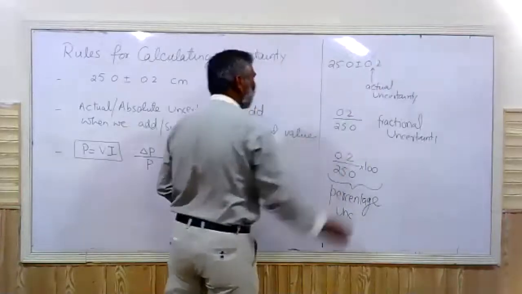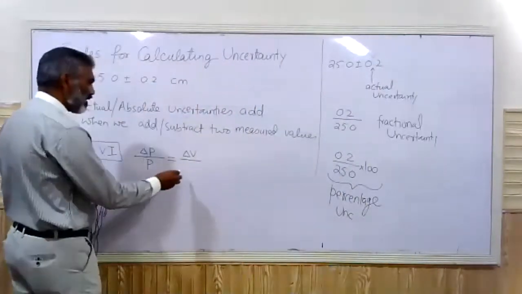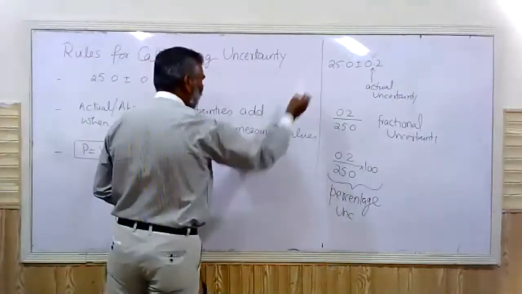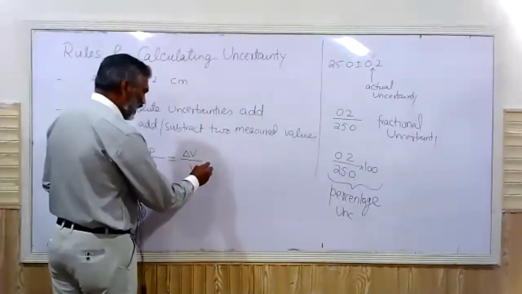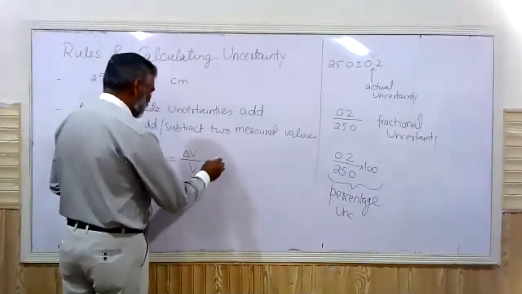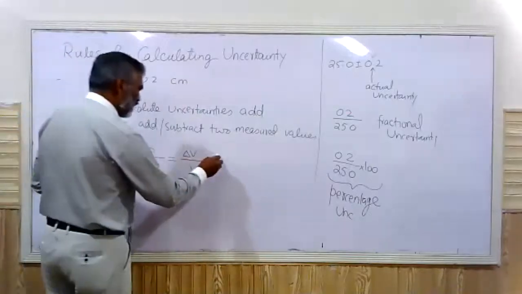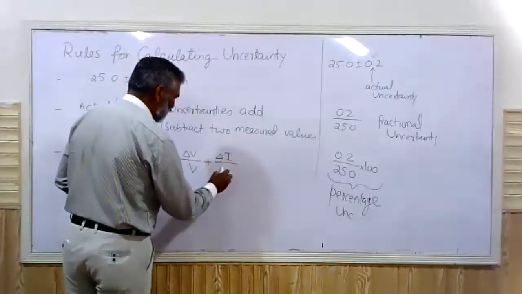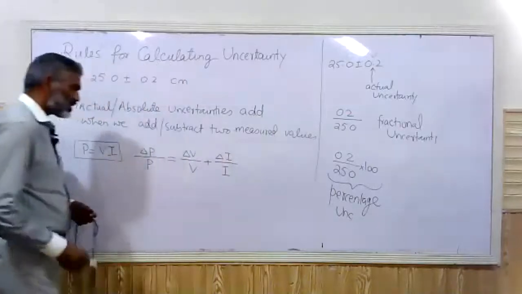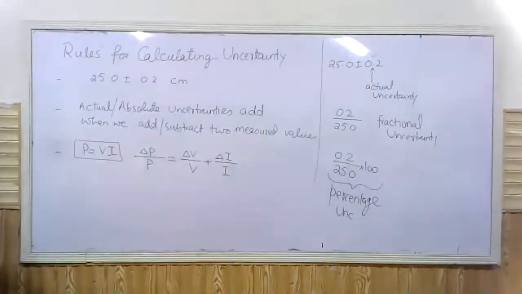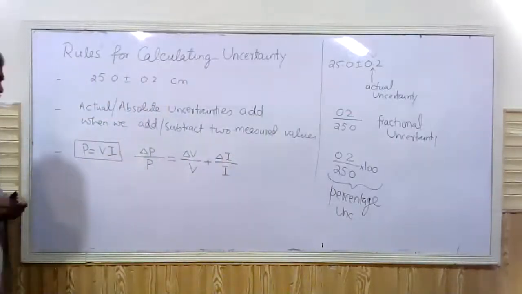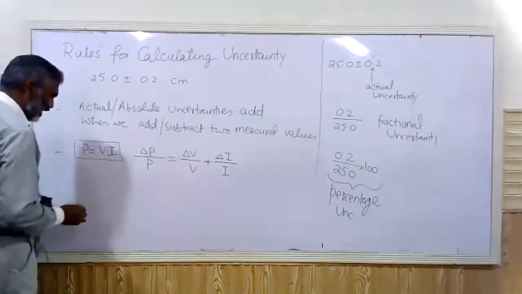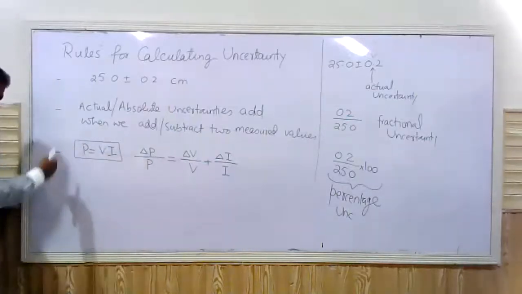It could be written in this way: divided by the measured value of V, which could be a number like 25, plus, for current, it is actual uncertainty in current divided by the measured value of current. So this is the formula for a situation like this. That means if I have these two values now, let me give you a small example before I move on